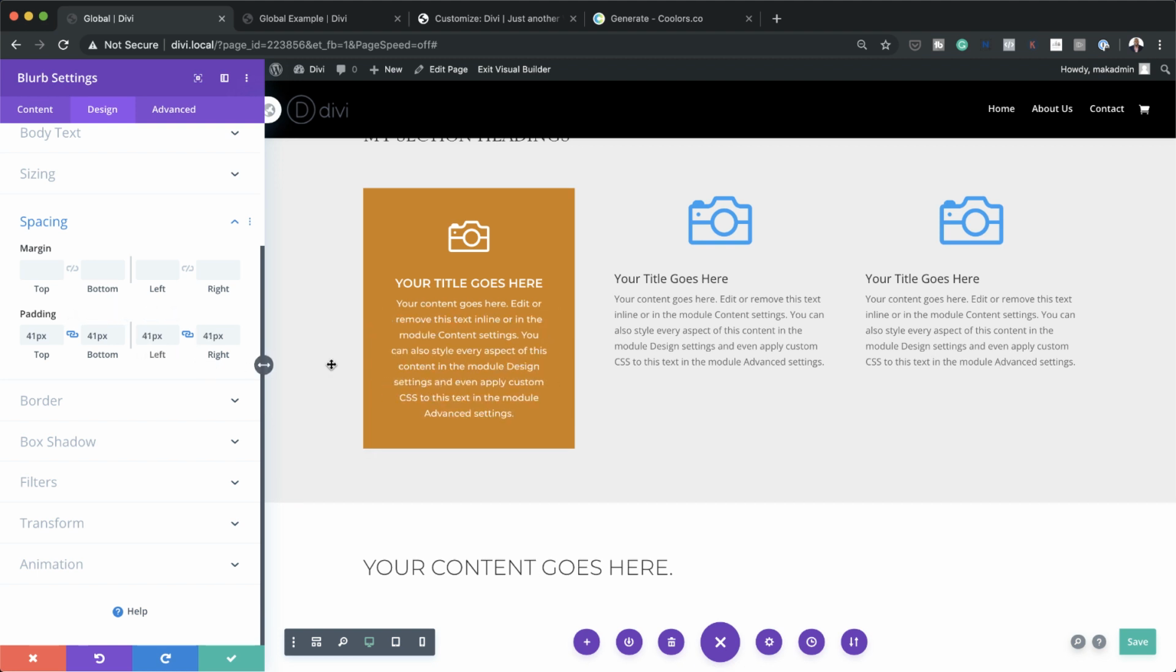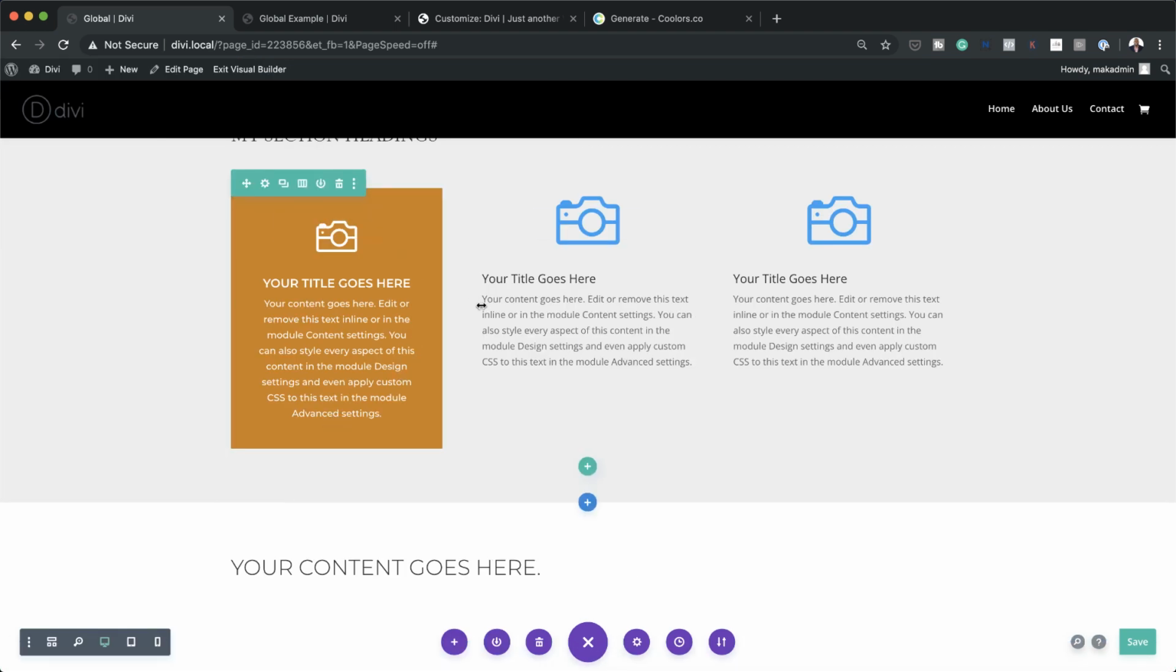Okay, so now our blurb has some breathing space, so it's looking great. Now, with all this done, this is how we were doing it before. If I need to come over here, I'll duplicate this a few times and then add it over here. So let's say with this design here,